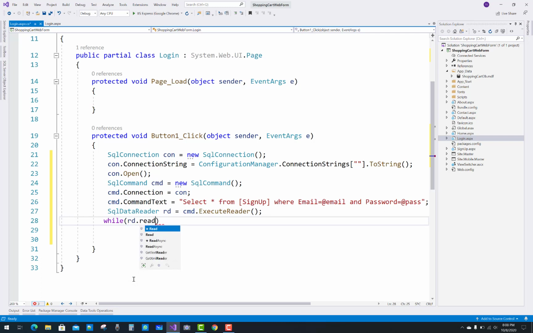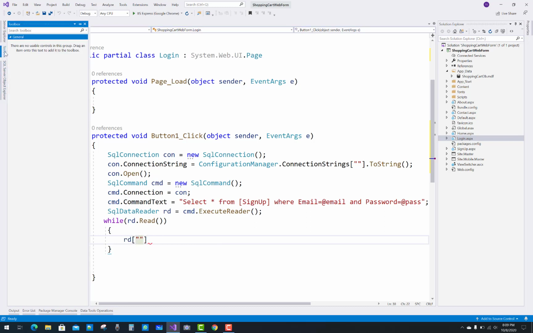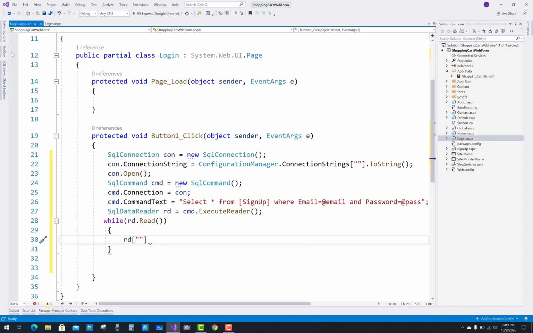So rd.Read, if rd of, you can check email, phone number and the role, so role.ToString.